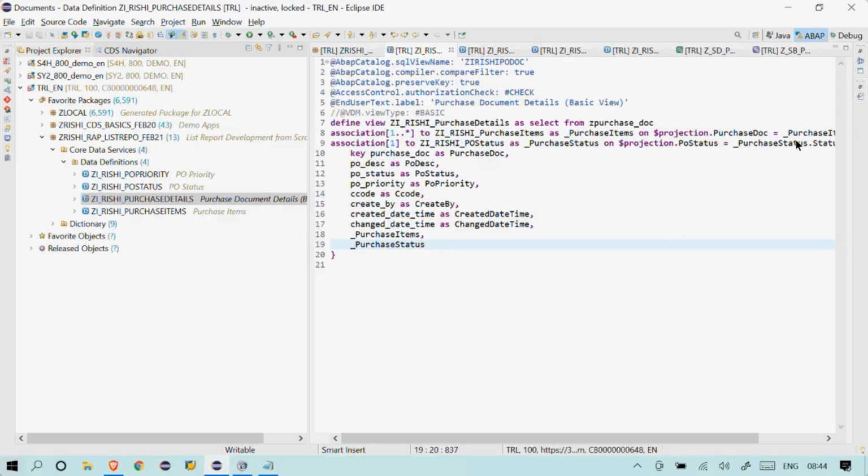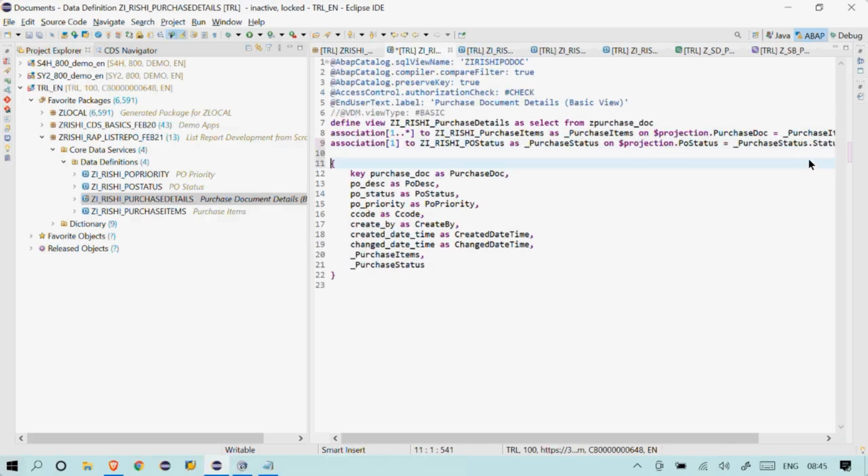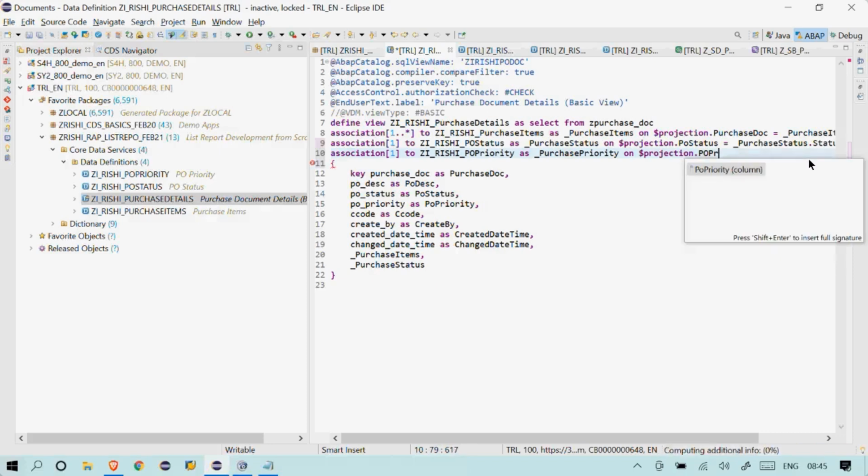Similarly, I'll create for the other one also, priority also I will create. Association, I'll say 1, PO priority, as purchase priority, on my projection, what is the field?